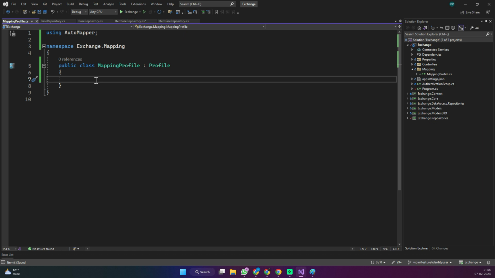pass an object with different models, and we need to assign each property one by one, and then we need to create the map functionality into this. So what I'm going to do here, the mapper